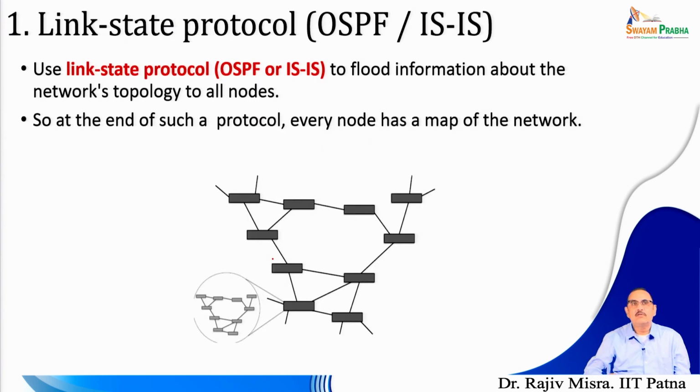Let us see the protocols which are required to connect these inter data center networks. Often they use a link state protocol to flood the information about the network's topology to all the nodes. So, at the end of the protocol, every node has a map like this,